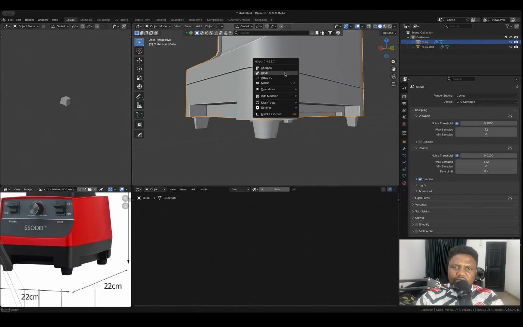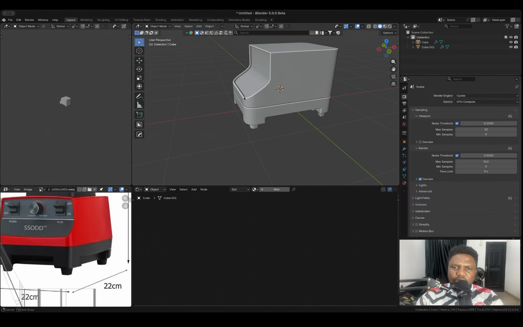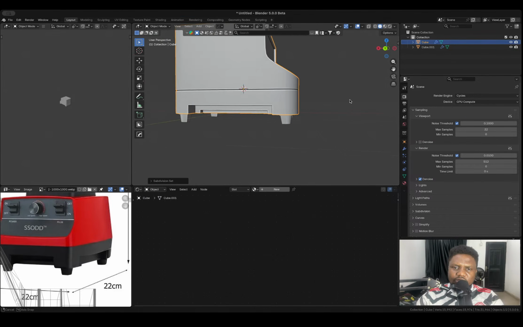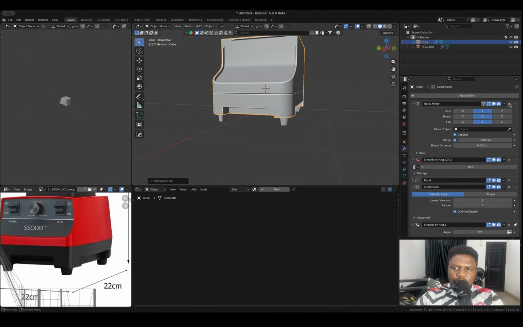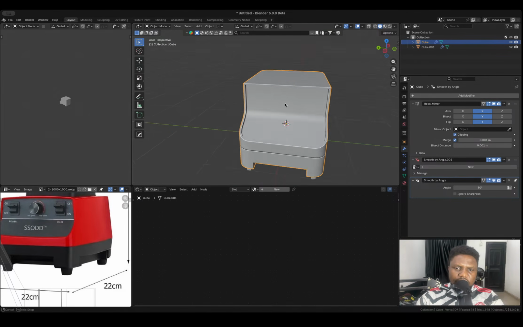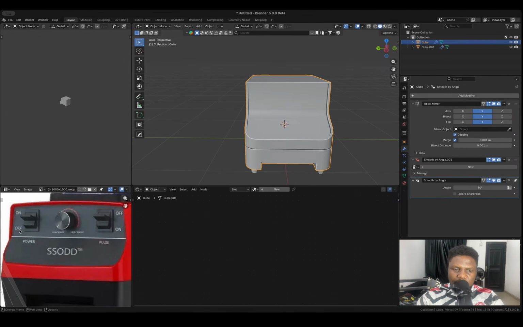Let me see if I add bevel if it's going to be good. Okay, I'm not mad at it. It's only that this is really soft, and I think I can add a subdivision and everything tightens up properly. So this is good. I'm going to delete the bevel and the subdivision, right? And I think just to add, now looking at this, I feel like in order to make this come out well, I have to add all of these textures. But of course, you guys know I'm not texturing right now,